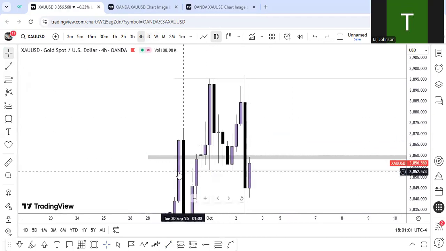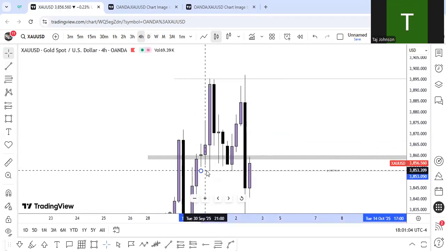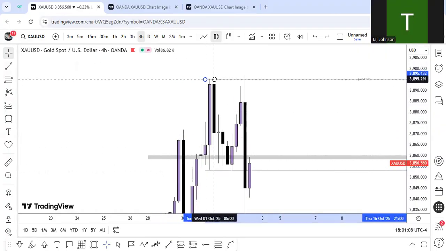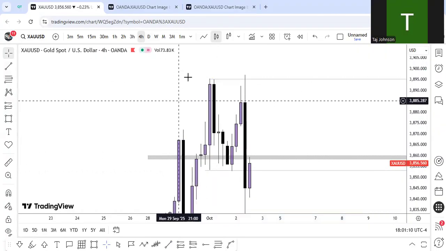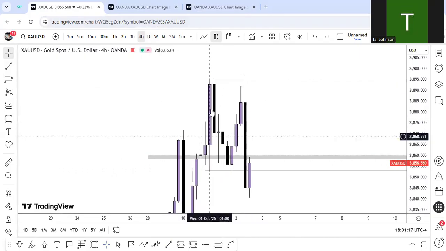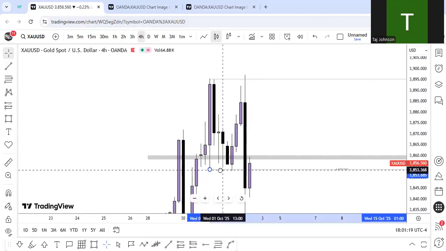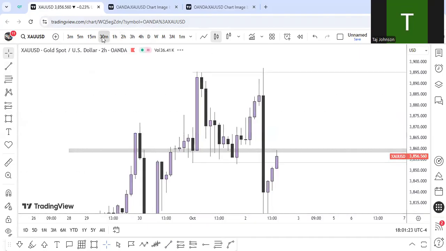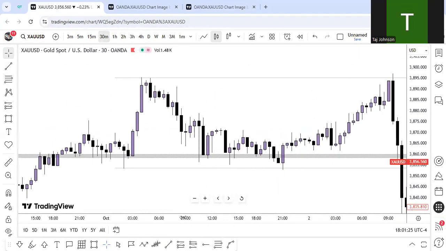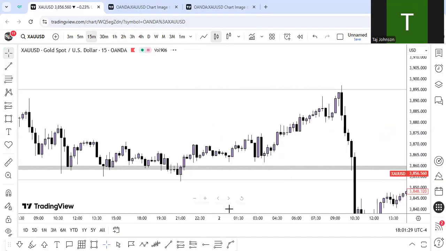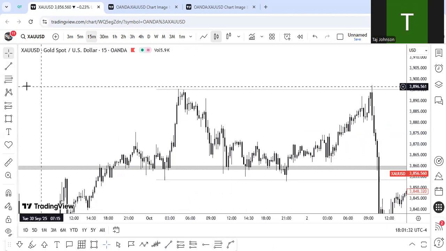This was also the same range for the 4 hour candle range, right? So this is candle range theory being applied. Both the daily candle range and the 4 hour candle range are the same, so that's quite powerful right there. What we want to see is liquidity being taken from either side. My bias was initially bullish, therefore